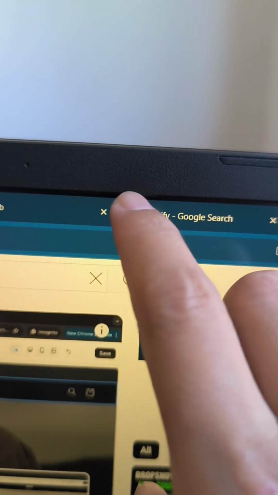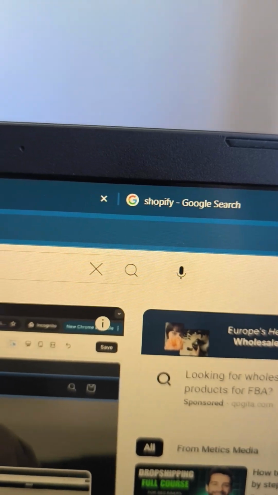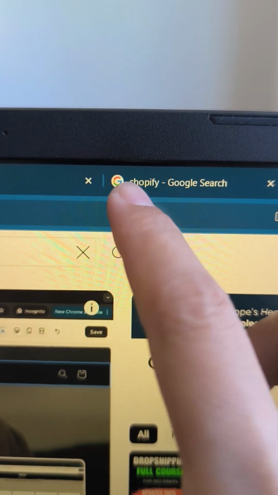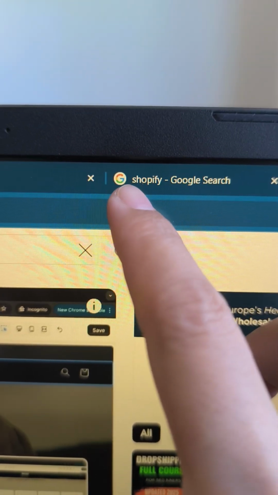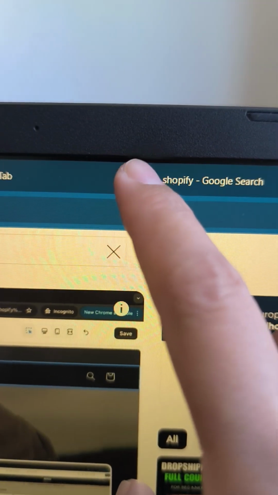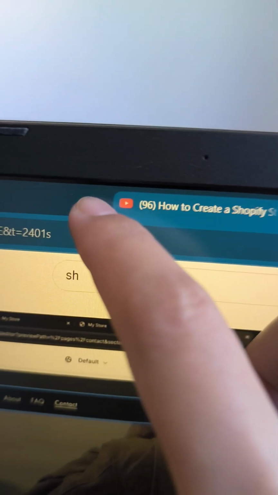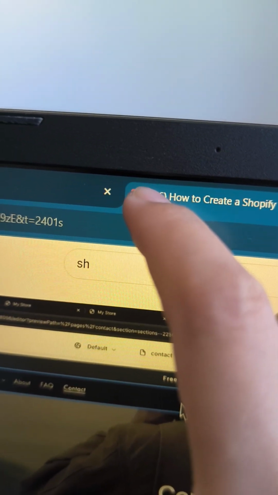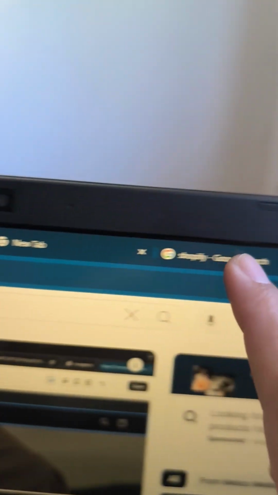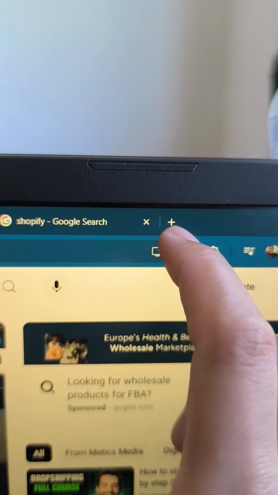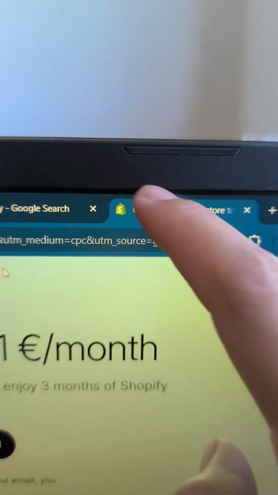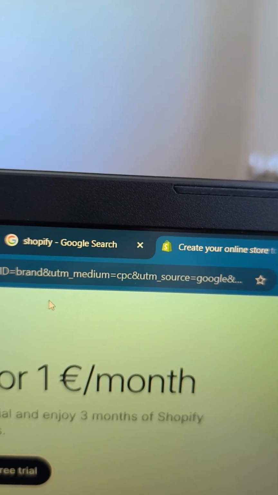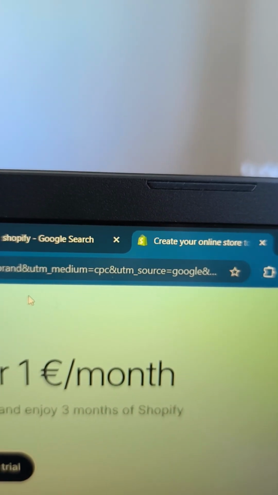This is what we call the favicon image. If someone searches you, there is an image in here before your search bar. For example, is Google. This is the favicon image. And this is also the favicon image of the YouTube channel or the YouTube. And if you want to search something like Shopify, this is also the favicon image of the Shopify. You can add also on your own in your website.